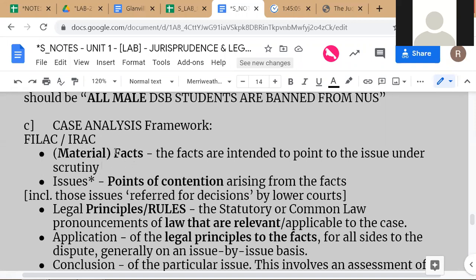Okay, what is legally salient is that he was driving in a reckless manner. Okay, that is what is legally salient. So this is what we mean by material facts. And then, of course, you have the